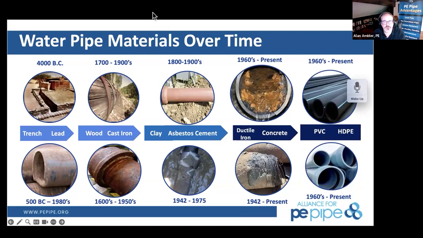Just to make it easy for those that are not aware, ductile iron, PVC, and HDPE were all invented and brought to market about the same time. One of the big differences of HDPE use was it was focused in mining operations and natural gas. A big difference in leaks and failures in natural gas: you leak natural gas and houses can blow up and people can die, and then not so in water. So it's not inferior. It's less used in the municipal water and wastewater products and markets, and that's why we're